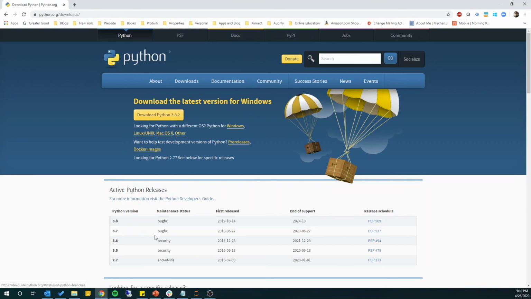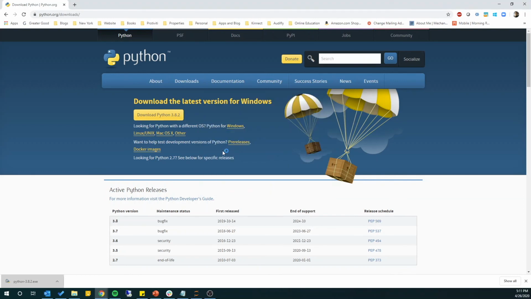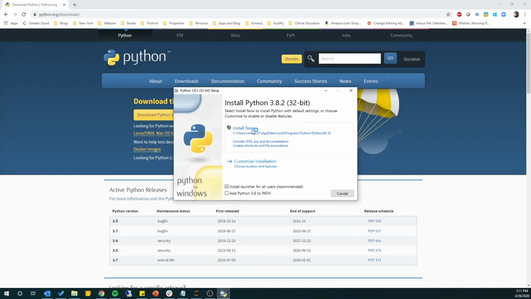There are some older versions that you'll see down here, but everything we're going to be doing is going to be the latest version at the time of recording this lab. So once you click on download Python 3.8.2, you'll see that the download installs really quickly, and you could click on run, and this will go ahead and kick off the installer. So we'll go ahead and click on install now. You'll see customize since I've already installed it, but we'll overwrite the install I have. So you go ahead and click yes,